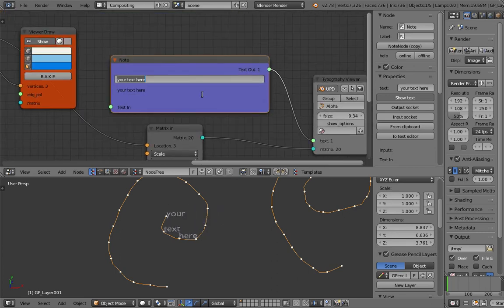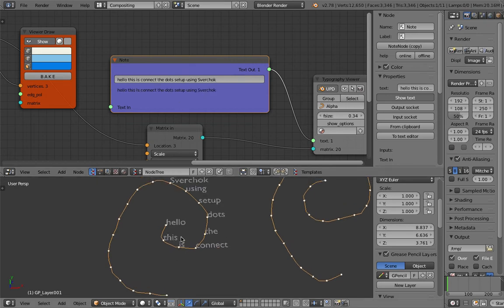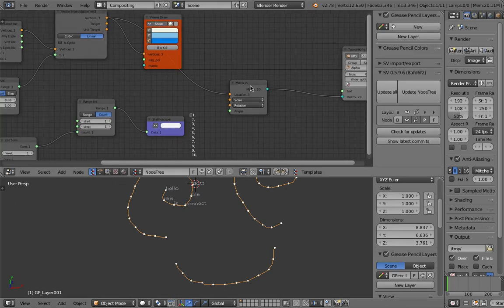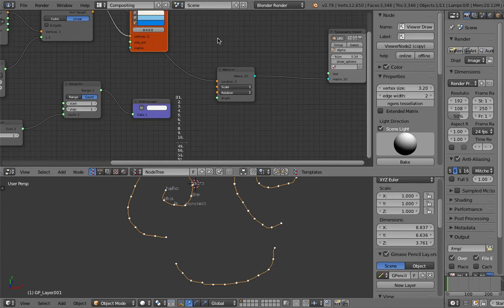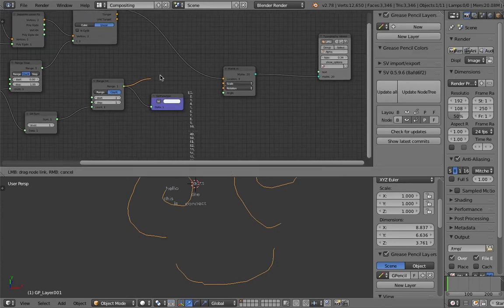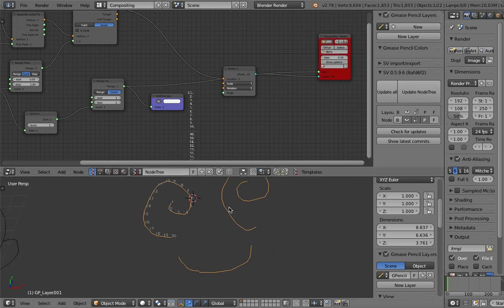You can write down like hello, this is connect the dots setup using Sverchok. See, hello, this is connect the dots using Sverchok, and you can have really long strings of text, and then it's going to place it on those points. For what we are doing, we really just need to place this number, the range integer, into the text, and